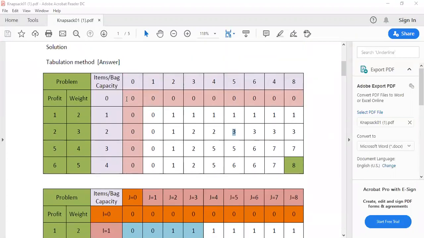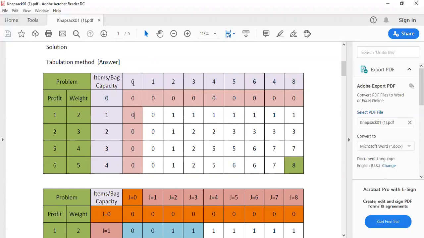Initially, all these highlighted rows will be empty. There will be no items at all.